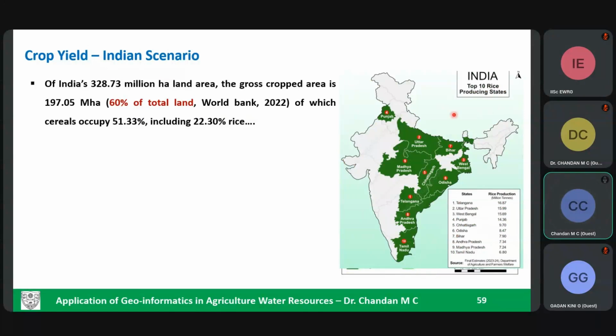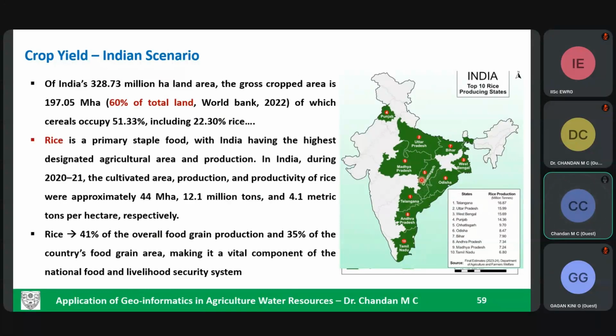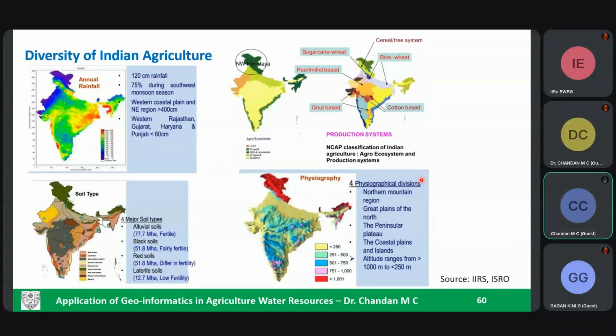These are some of the top 10 rice producing states of India. Of course, Karnataka is not in the top 10 because in Karnataka we have varied production in terms of sugarcane, cereals, coffee, spices, etc. India is very unique in terms of agriculture. That is because we are sitting in the tropical zone, and the rainfall distribution is not at all uniform, and no model can give a perfect yield prediction throughout the country. That is because the rainfall itself is very varying in nature.